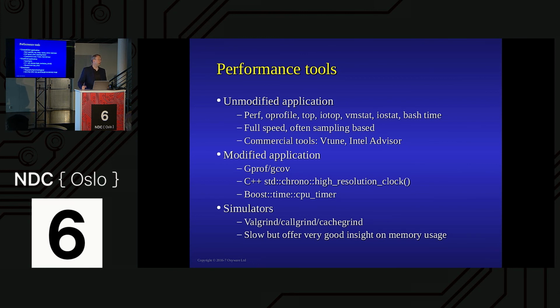You can also use simulators, so the Valgrind set of tools: Valgrind, CacheGrind, etc. They slow it down by a factor of 10, but you get very, very good insight. So an example with CacheGrind is that I've simulated this one, and I can see where the cache misses have come from, because it actually shows you which line they're on and whether it's an L1 cache miss or an L3 cache miss. So it's well worth looking at those to understand.